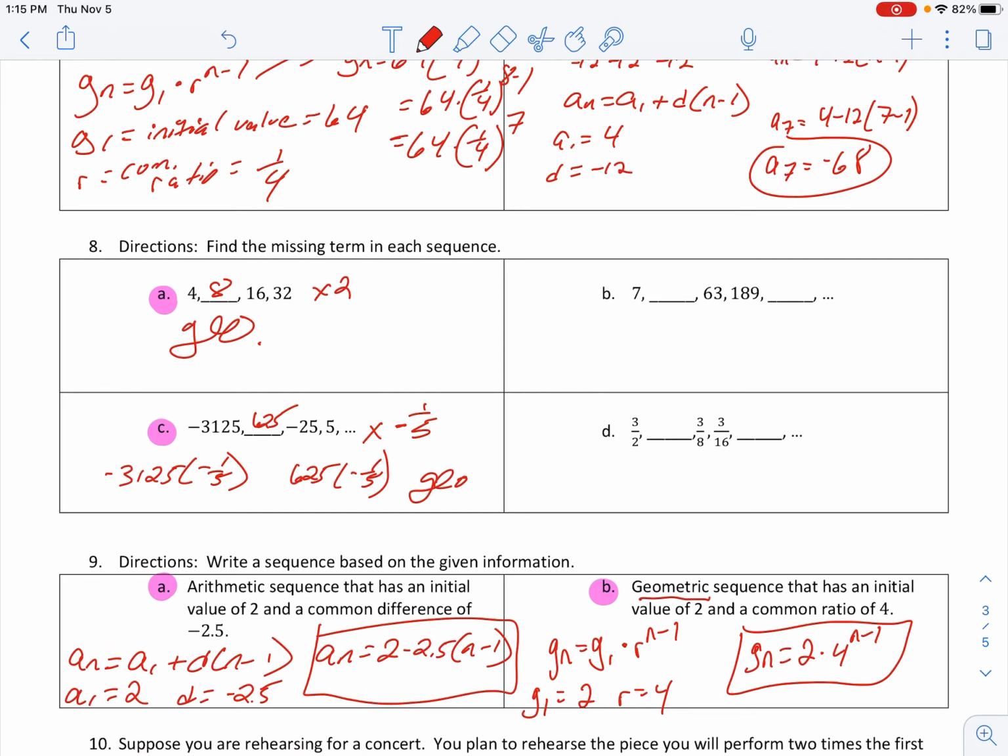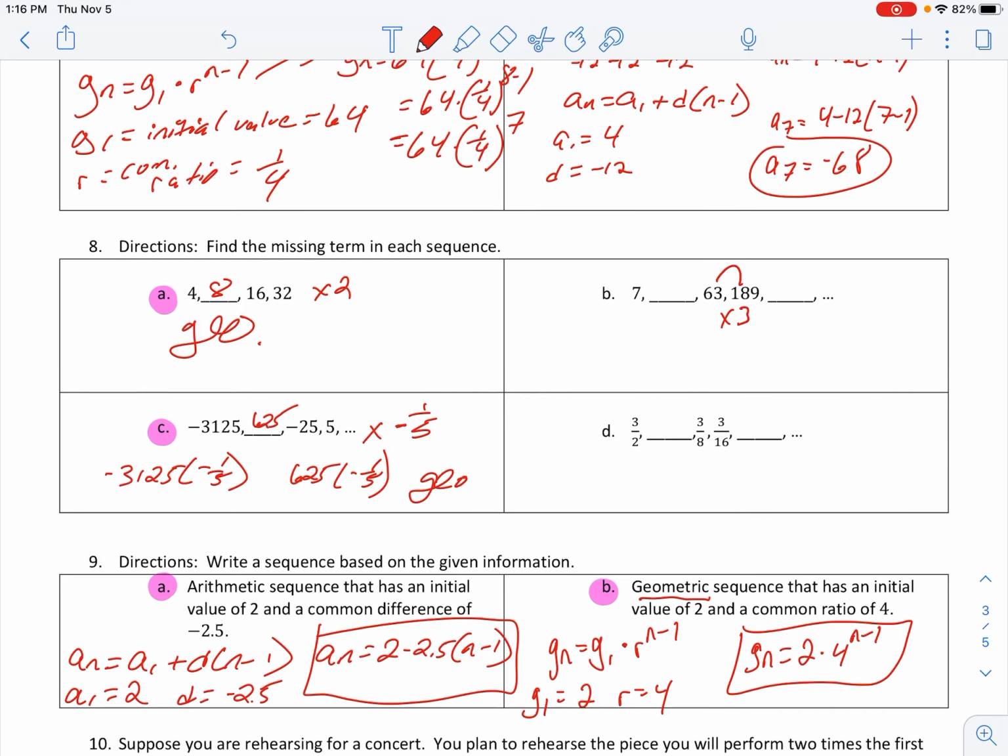number 8 here. Find the missing term in the sequence. So let's figure out what in the world is going on here. From 7 to something to 63 to 189. 63 to 189, that's where it's at. We jumped up quite a bit. Are we adding it or are we multiplying it? It doesn't look like we'd be adding anything. 63 times 2, let's take a look there. That's 126. 63 times 3, there's a 189. So it appears we are